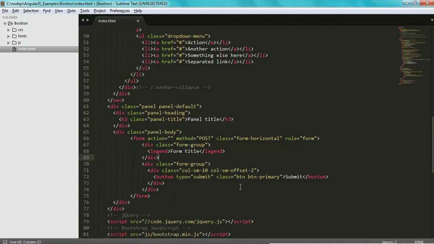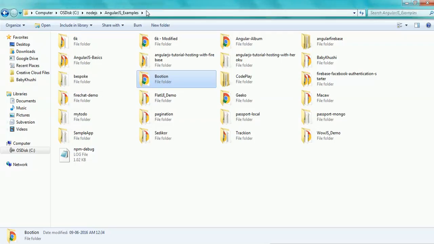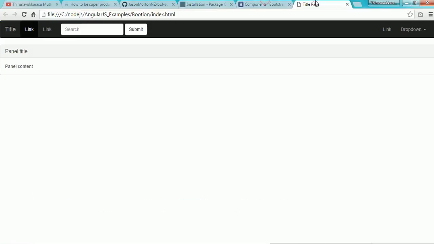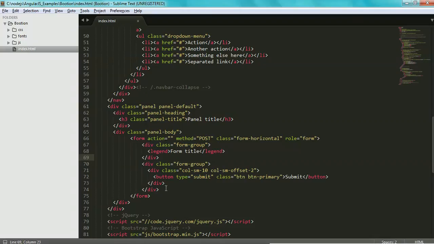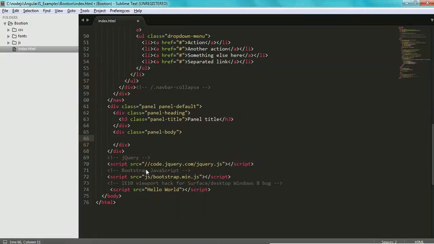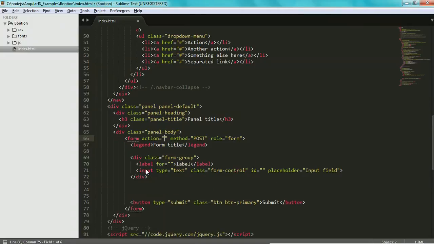Okay, let us save it and we'll try to refresh the application now. Let's see what we got. We got something, but I don't like it much. I think this snippet might have some problem. I'll just give BS3 form. Once I've given it,